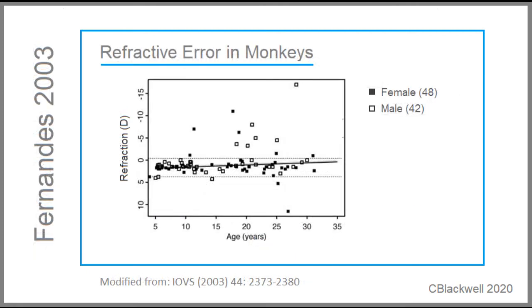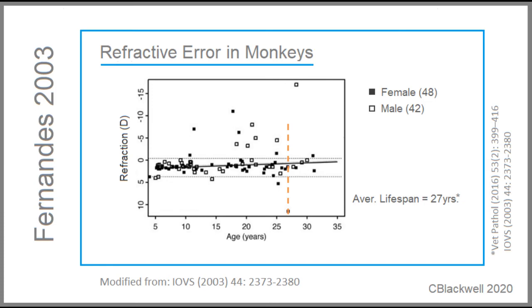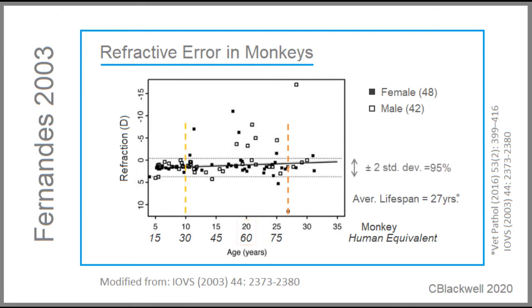This group measured refractive error in macaque monkeys over their entire lifetime, the average lifetime being about 27 years, though some can make 35. Relating that to humans, researchers scale monkey lifetime to human overall at a ratio of 1 to 3, meaning a monkey at age 20 equals a human at age 60. Now, looking at the big picture in monkeys,